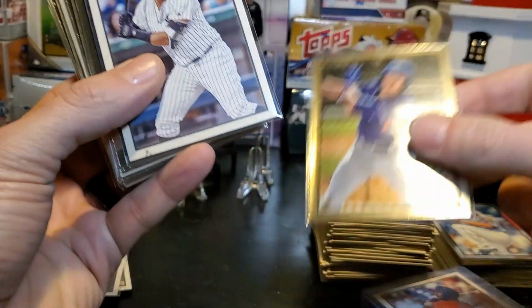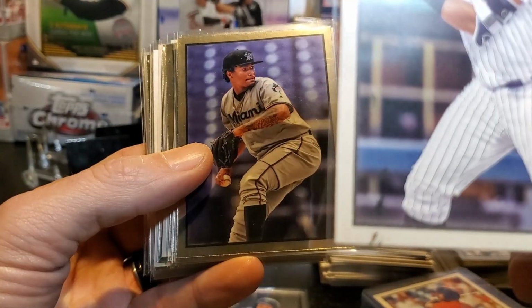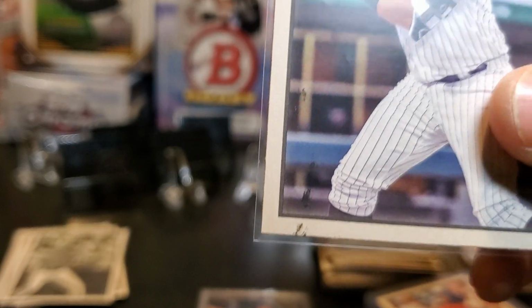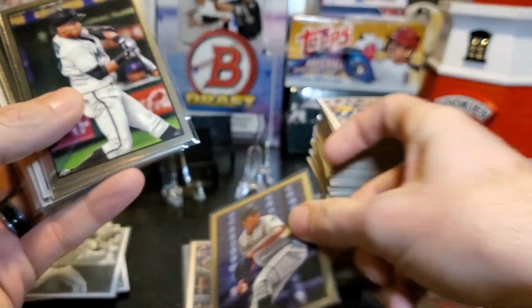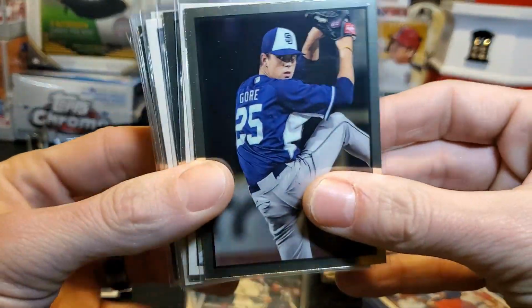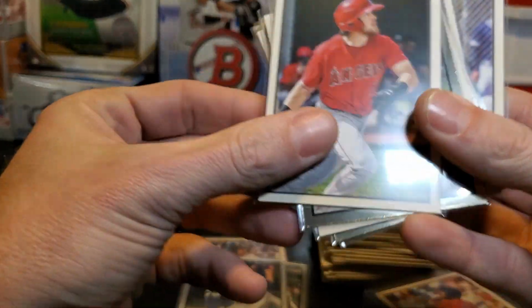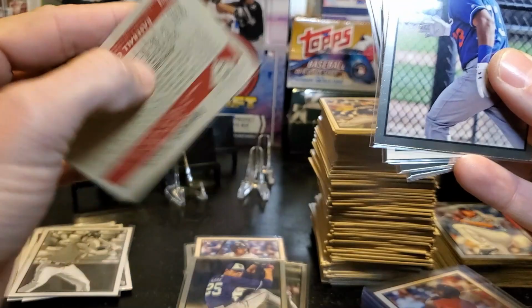We've got another Gavin Lux. There's the Eloy, but as you can see down in the corner, it's got a printing error. Not sure how that happens on a base card, but hey, that stuff happens. A Sixto Sanchez. Got myself a Victor Mesa. A Mackenzie Gore, which is a real nice hit. That is a chrome. This one right here is going to be a Brandon Marsh, which is one of the Angels